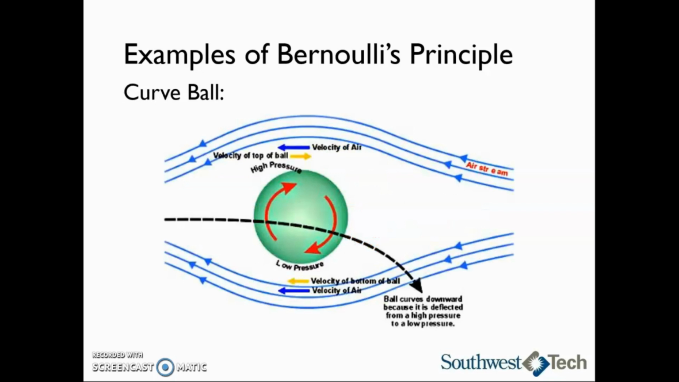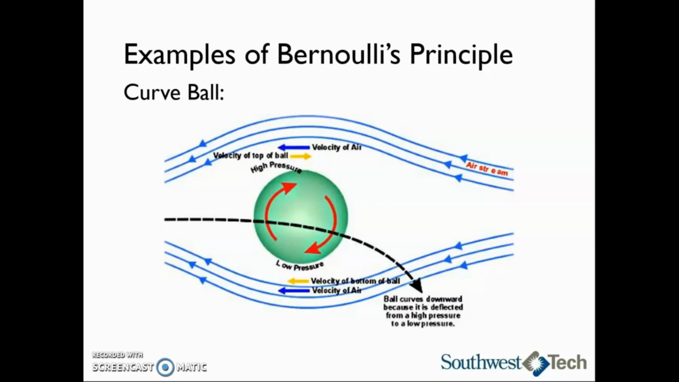Another example of Bernoulli's principle is throwing a curveball. Let's say you throw the ball and it is rotating clockwise, like in this picture. On the top of the ball, the air is moving in the opposite direction as the ball is rotating. Underneath the ball, the air is moving in the same direction as the ball is rotating. The rotating baseball drags a layer of air immediately next to its surface. This reduces the speed of air at the top of the ball and increases the speed of air underneath the